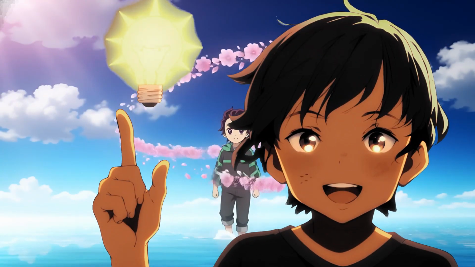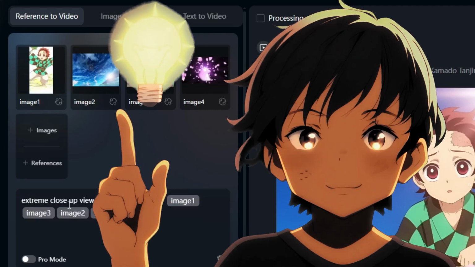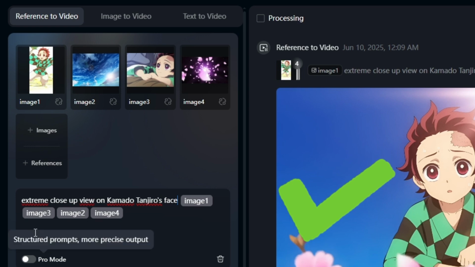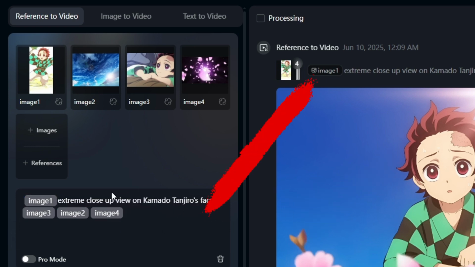Oh, and just a quick tip, sometimes you'll actually get better results if you write your prompt before adding your reference images, especially for close-up or extreme close-up shots. It gives the AI a bit more context before it processes the visual style, which can make the framing feel more accurate. Alright,